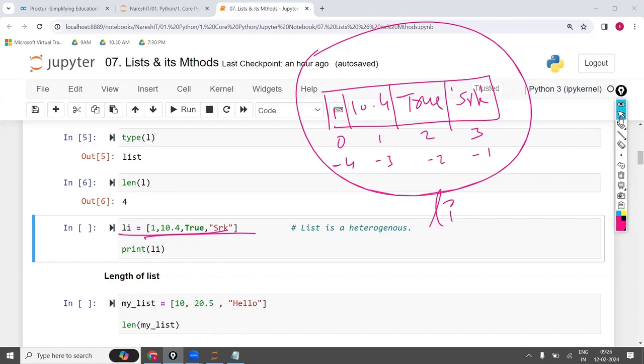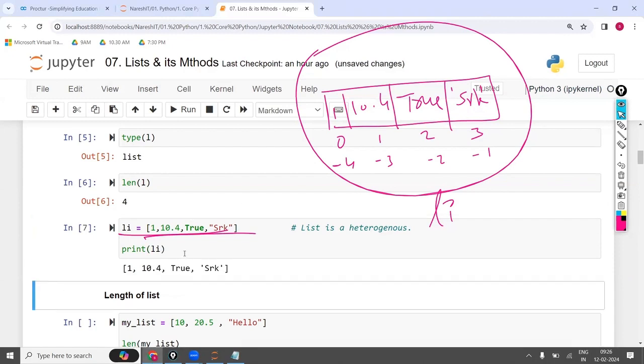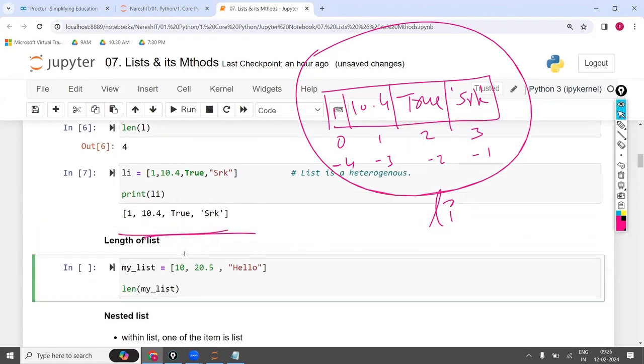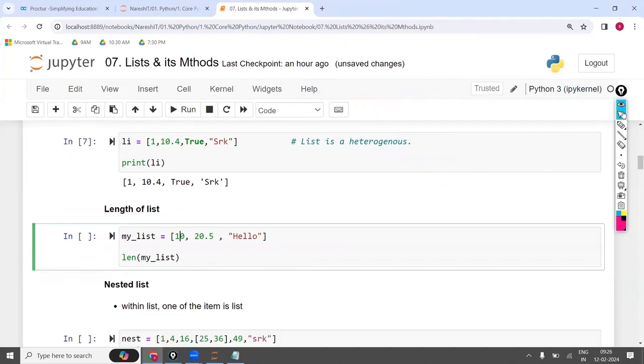Now, how many items are there in total? First item is 1, second item is 10.4, third item is true, fourth item is the string SRK. A total of 4 items are there, and it is going to print the 4 items. The next example is 10, 20.5, hello.